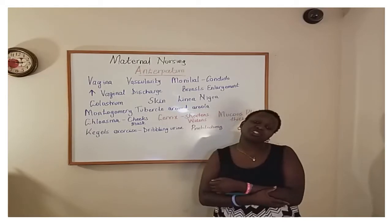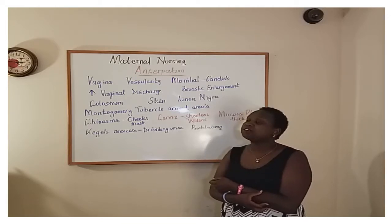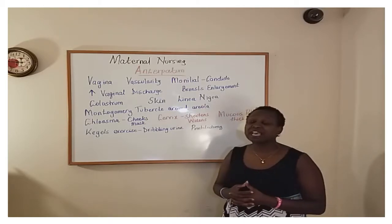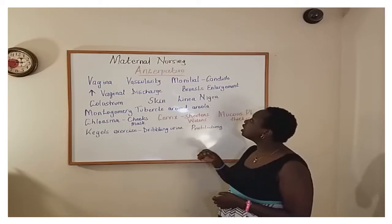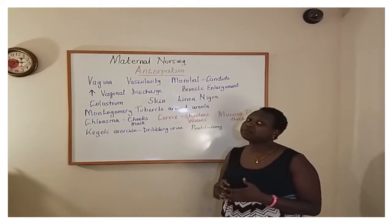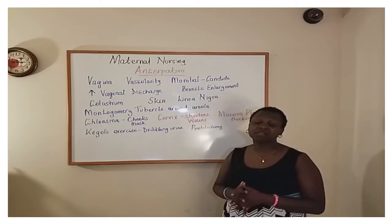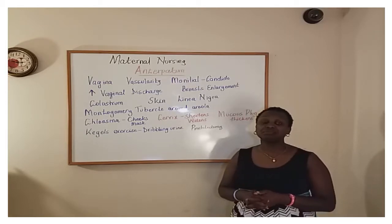There is a risk for production of candida because of yeast production, and that will predispose your child to having thrush. So just have that in mind, and we had discussed the treatment for thrush, which would be nystatin. Now, you will have an increase in vaginal discharge, but if you're having spotting during pregnancy or menstrual cycles, then you need to contact your provider, because over time that is not normal and it can be of much danger